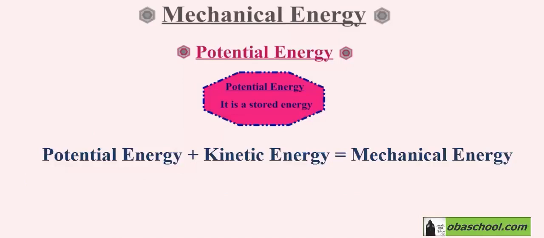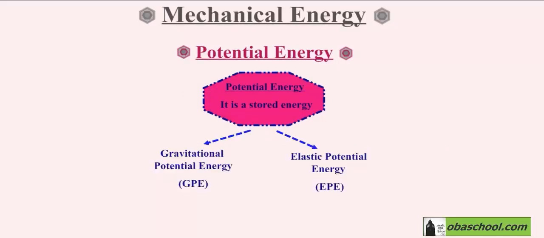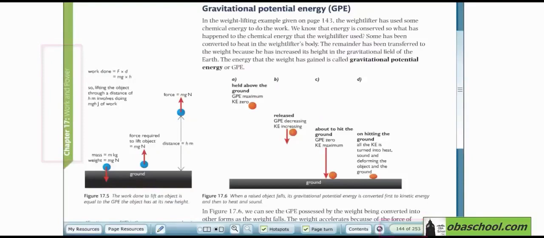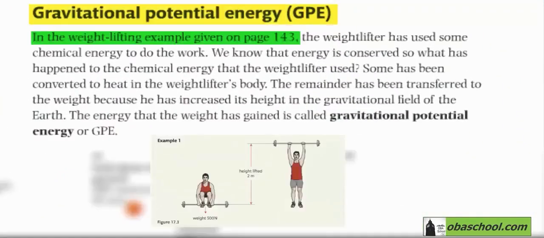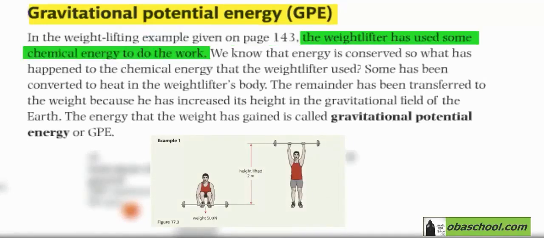The mechanical energy is equivalent to the potential energy plus the kinetic energy. Now, talking about the first branch of potential energy, and that is gravitational potential energy. Let's talk about it even more. Gravitational potential energy, GPE. In the weightlifting example given on page 143, the weightlifter has used some chemical energy to